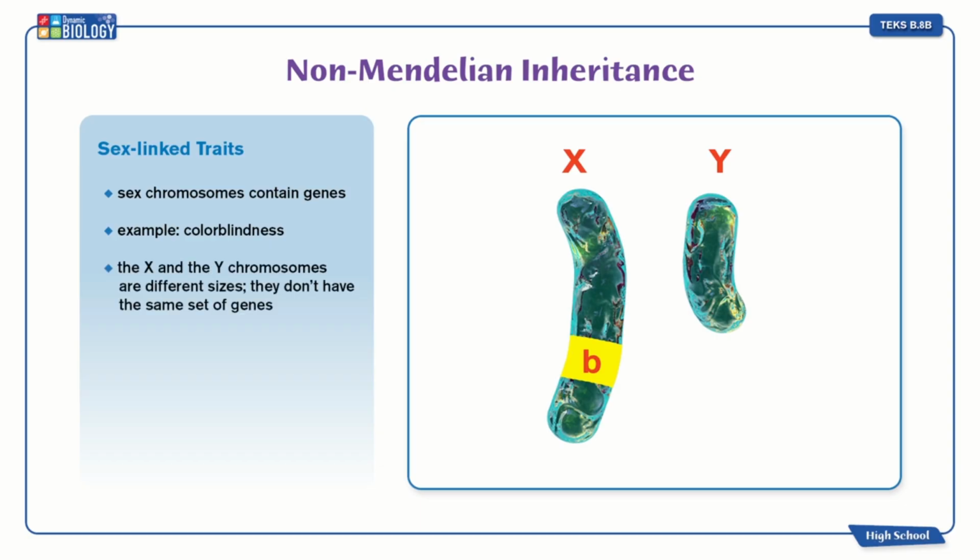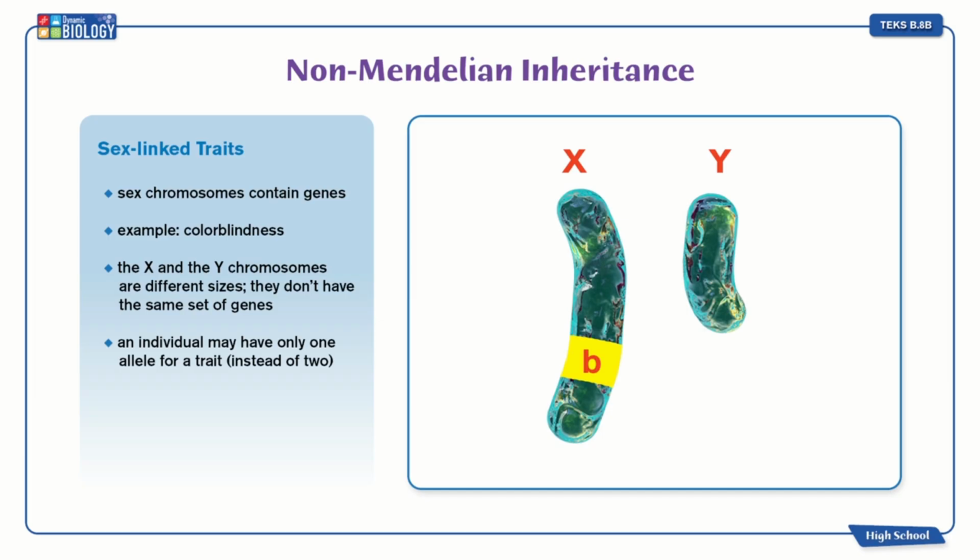Remember that the sex chromosomes for a male are not XX, they are XY. In the model shown, notice that a Y chromosome is much shorter than an X chromosome. In fact, Y chromosomes have only a fraction of the genes that X chromosomes have. What does that mean? In this case, it means the Y chromosome doesn't have an allele to offer for this